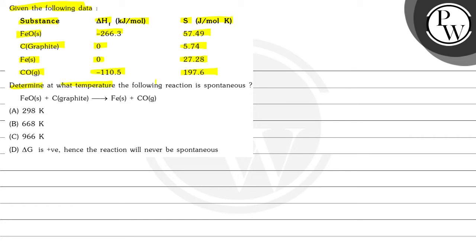Determine at what temperature the following reaction is spontaneous. FeO solid plus carbon graphite gives Fe solid plus carbon monoxide gaseous. Here options are 298 Kelvin, 668 Kelvin, 966 Kelvin, and del G is positive, hence the reaction will never be